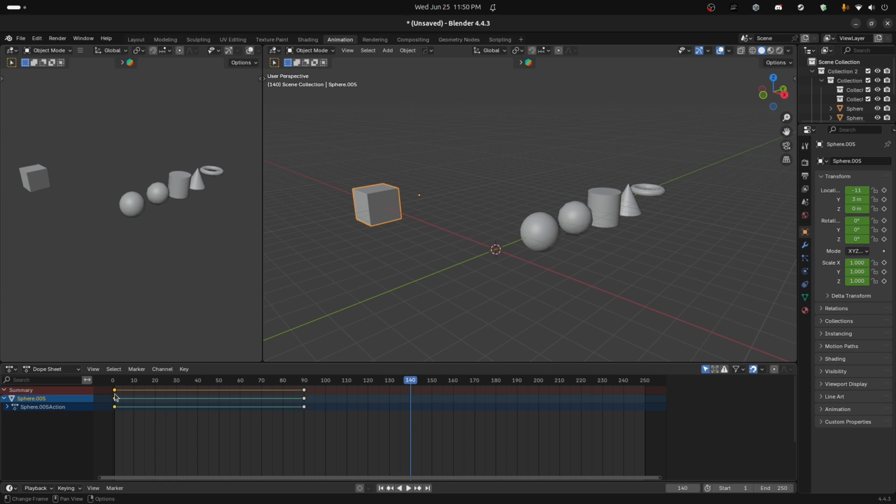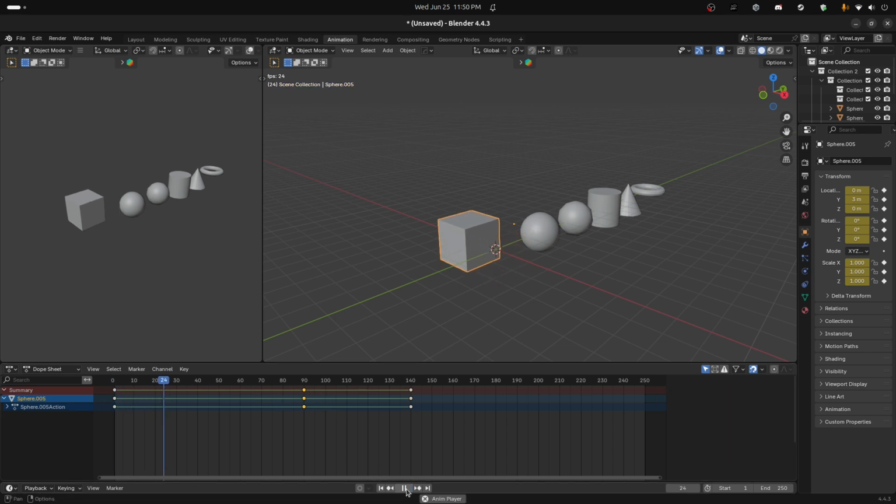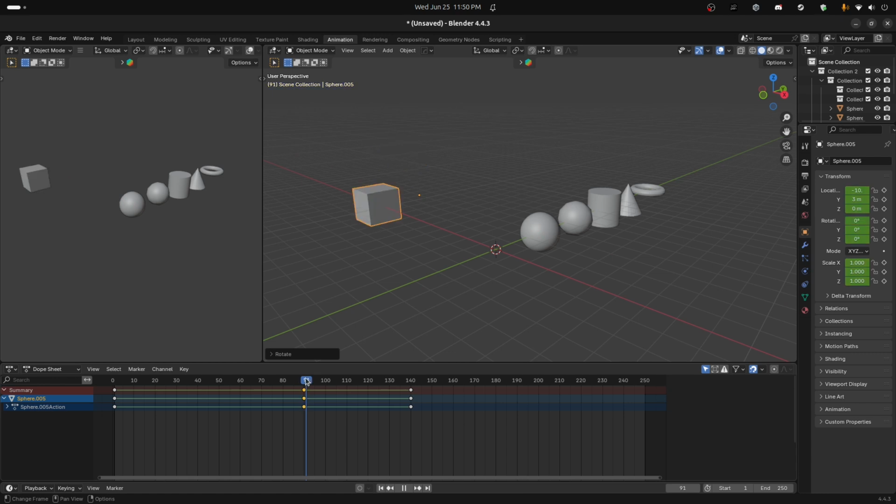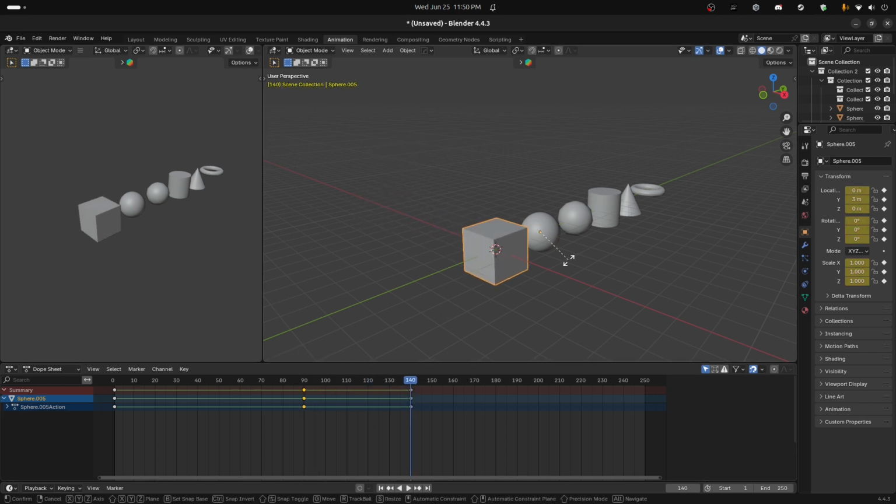And what's cool is I can copy this and I can paste it over here at this one. And you don't have to manually place things. You can copy these things down here in the timeline. You can set that to move, and you can do this. Go ahead and rotate. You can do this for